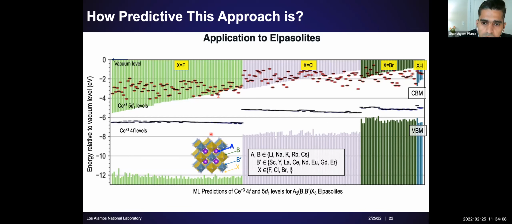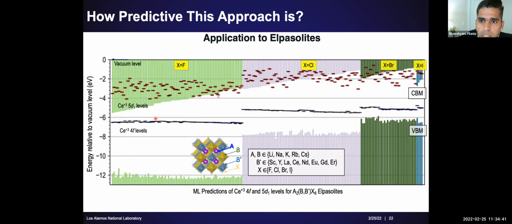Two things jump out from this plot. First one is that in each case, in each anion chemistry group, all the 4F levels are aligned more or less. And this is expected from physics. This is seen in experiments. This was not explicitly put in our machine learning model. This just comes out as a consequence of the fact that we are learning U parameters very accurately. And so if you learn U parameters, you will actually recover this behavior.